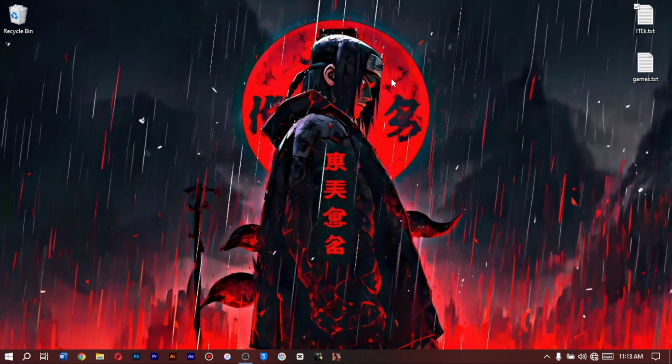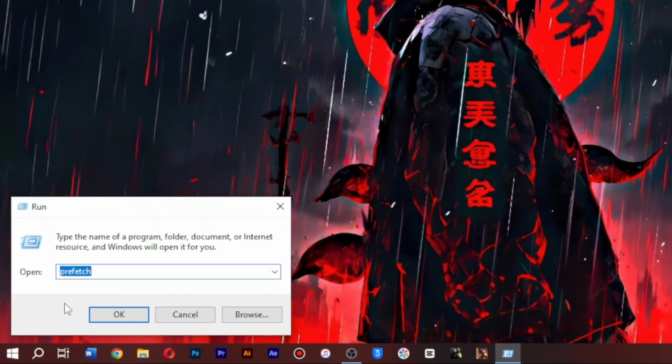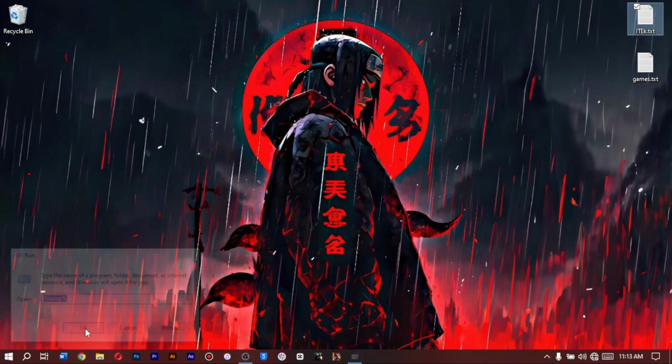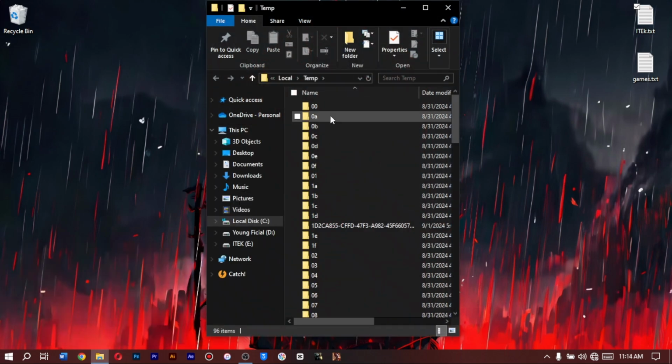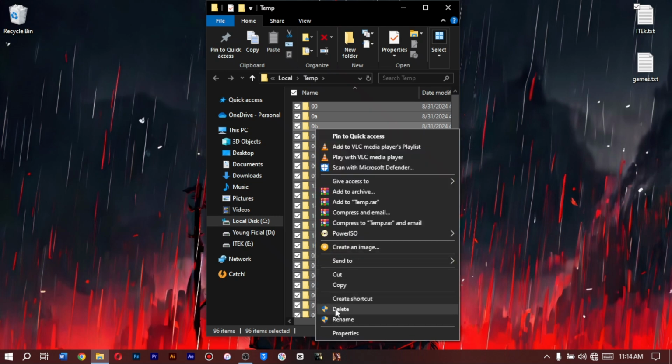That's all for that one, and then you head again to the Windows icon and you right click on it, then you choose run once more and you type in %temp%, then you click OK. As you did for the prefetch, you highlight all files and folders in this window, then you delete them as well,